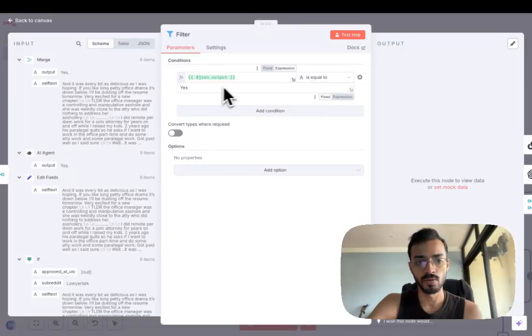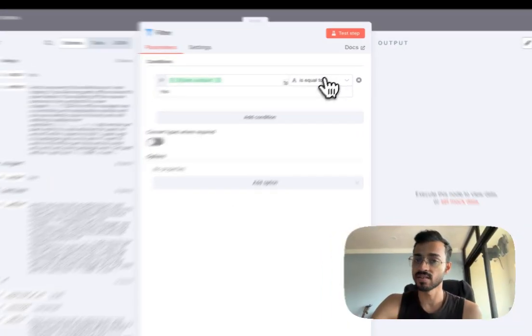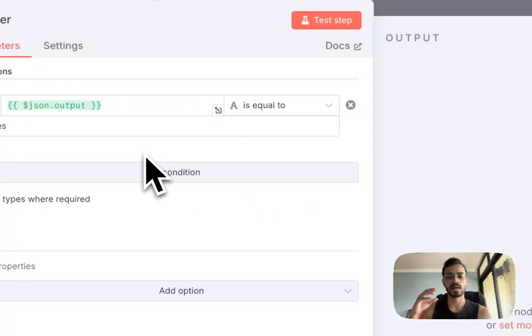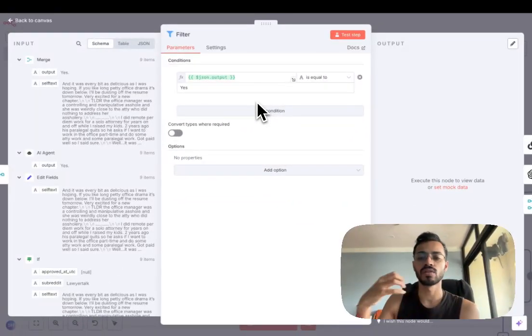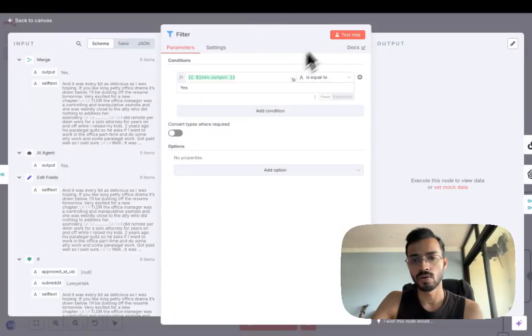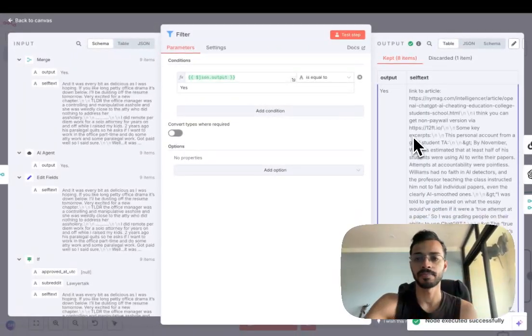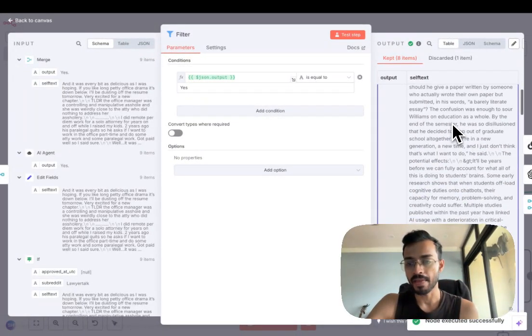Here we use JSON.output, which is a string again, is equal to yes. If it's yes, then we keep that data. If it's no, then we're not going to keep it. So if we test this step, it's just going to return the ones that have yes.